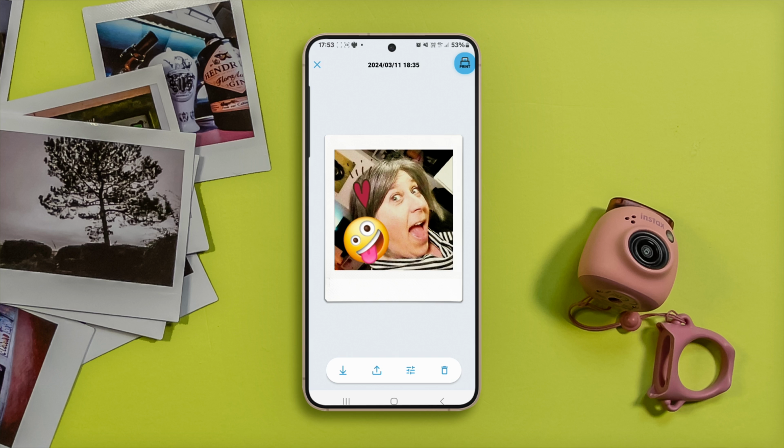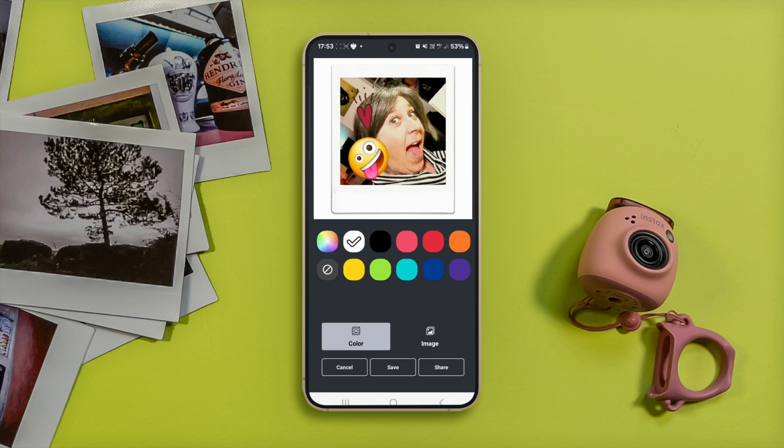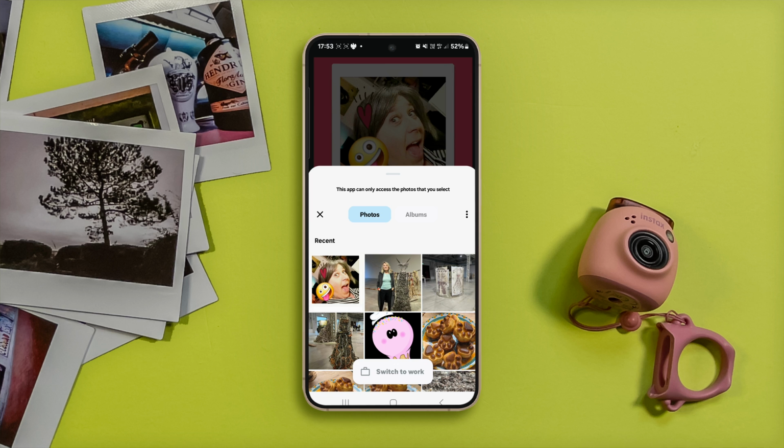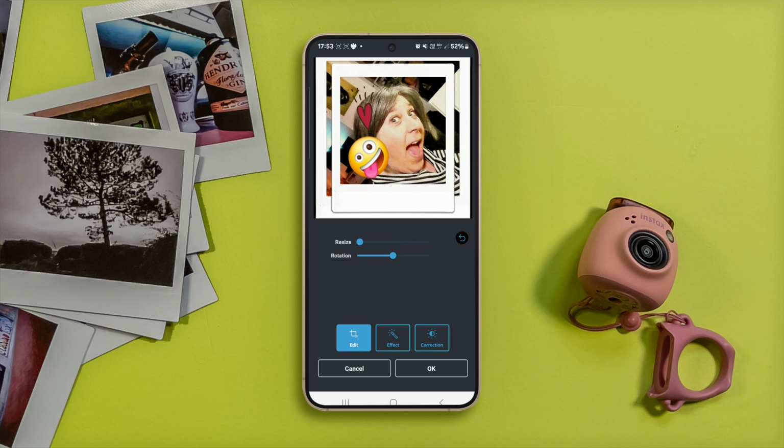And you can save it, or you can decide to share it on social media. So what I usually do, when you go and share it, you can choose the background that you want, which in this instance, I think I quite like that. But what I do sometimes is, see, I've downloaded the photo. So what I can do, I take that, I'll expand it, I make it bigger,